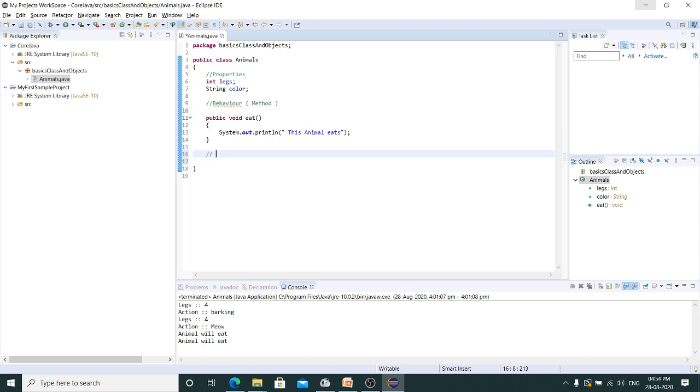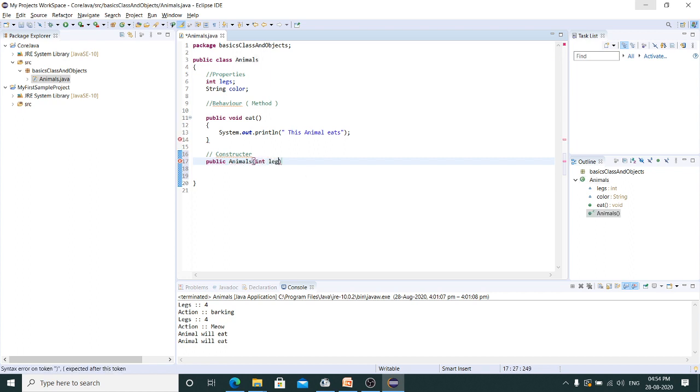Now what we will do is write a constructor. I'll tell you what a constructor is in the next upcoming session. Let's create one constructor method. A constructor method will always have the class name as the method name. So I'm taking animals and I'm just writing int legs.